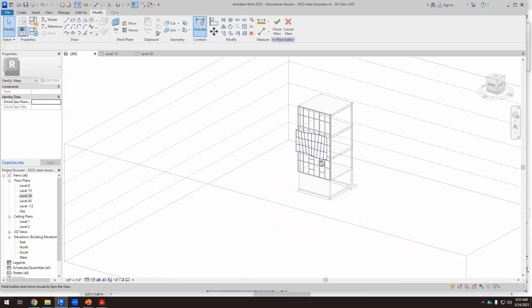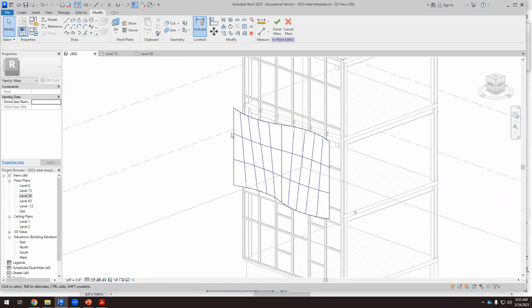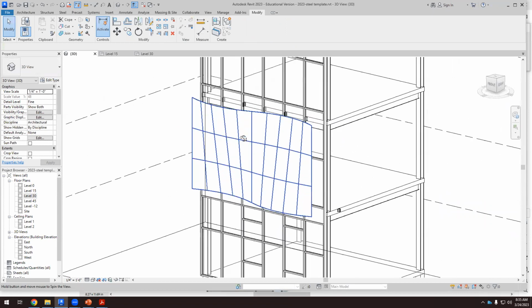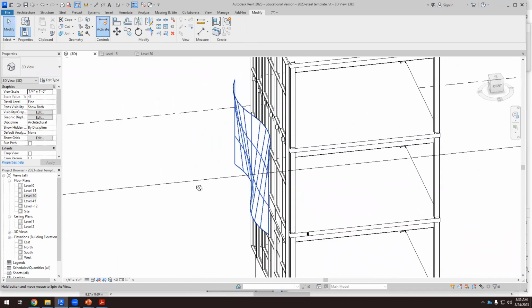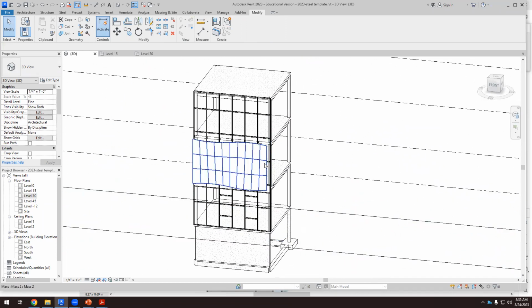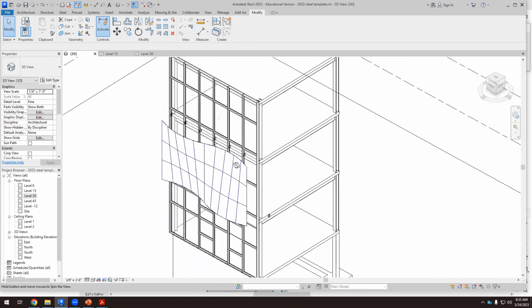Okay. So we have a mass. We can finish the mass. And well, first we have to decide the pattern. So we have created a complicated shape. So with complicated shapes,